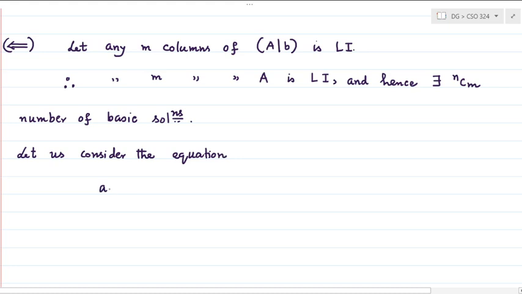You take any m columns a1, a2, a3, and so on, up to am. You consider this linear combination a1 q1 plus a2 q2 plus a3 q3 up to am qm is equal to b. That means you are assuming that, let us suppose,